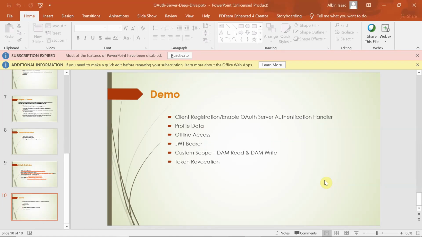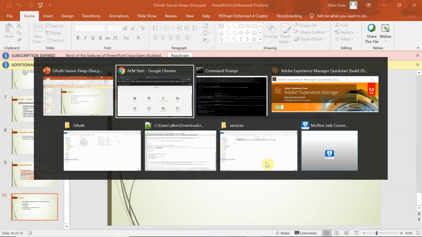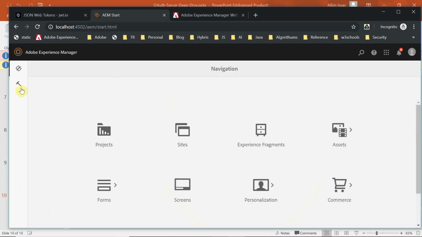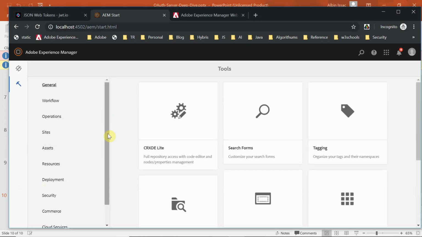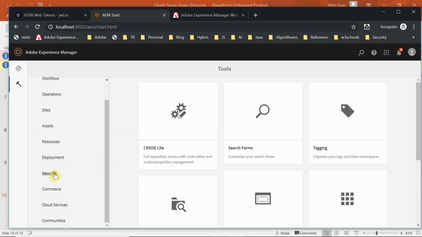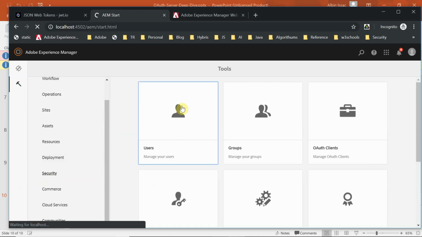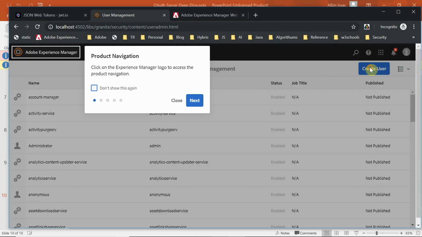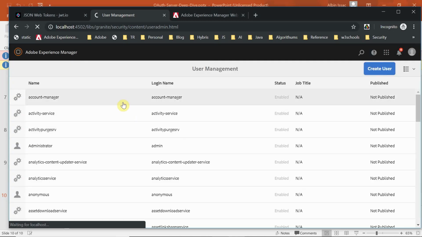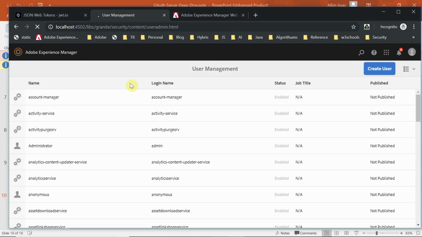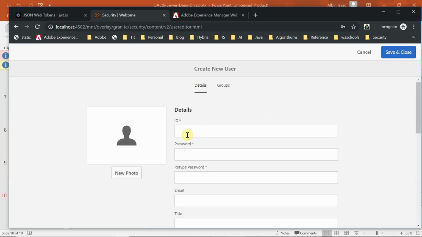For the demo, let's go to the server. Let us first create a user. For the demo purpose, go inside Security, go to Users. Let us create a user.